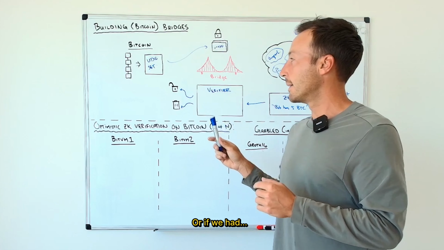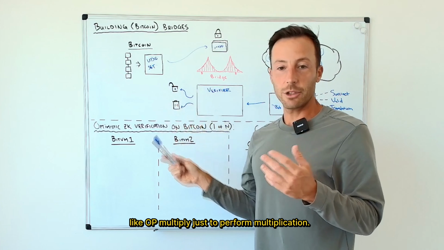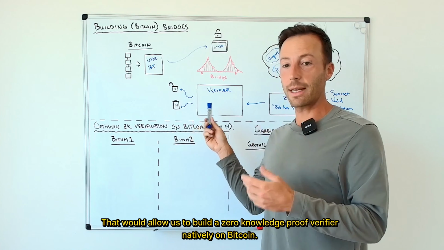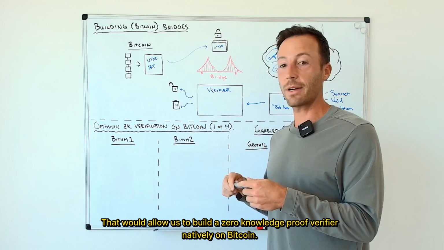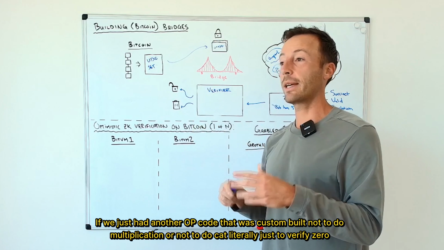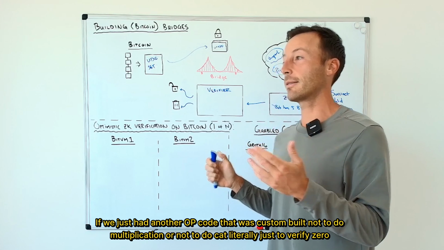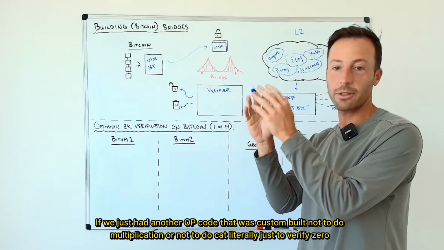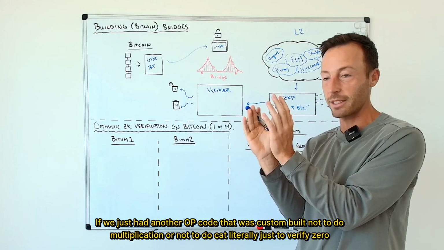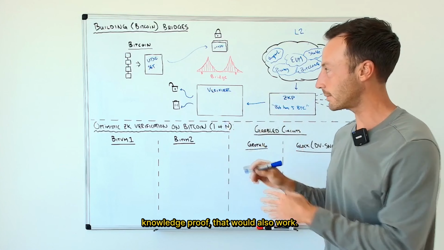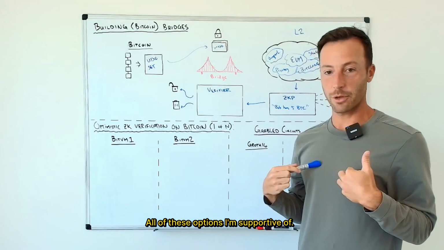Or if we had like op multiply just to perform multiplication, that would allow us to build a zero knowledge proof verifier natively on Bitcoin. If we just had another opcode that was custom built not to do multiplication or cat, but literally just to verify zero knowledge proofs, that would also work. All of these options I'm supportive of,